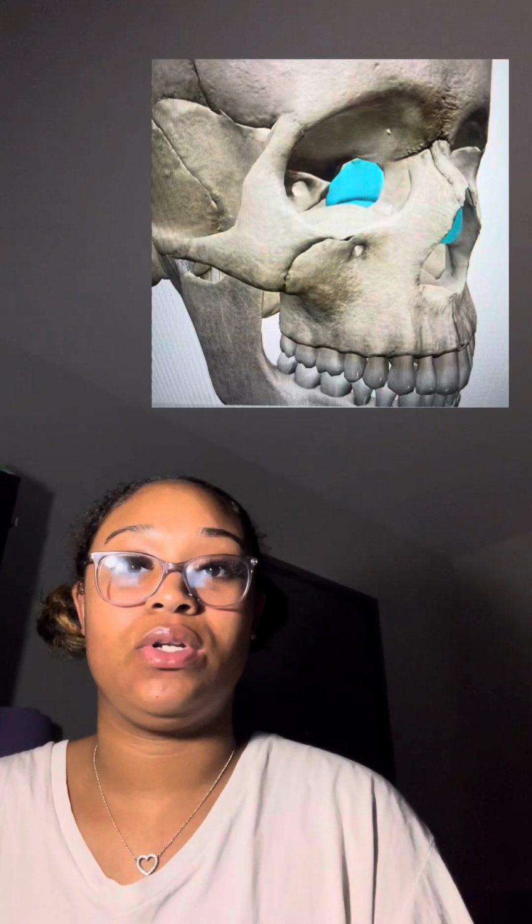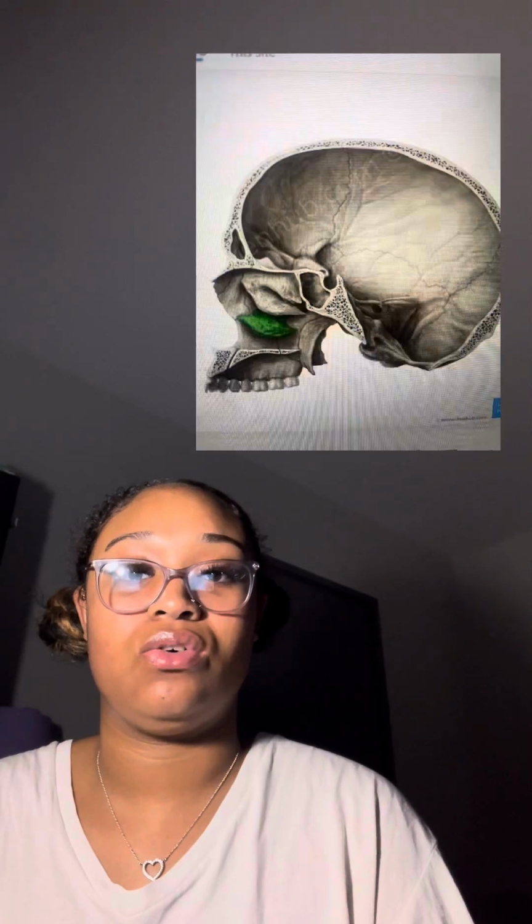I'm Amari. I'm going to be going over the bones of the body for the oral exam, starting off with your frontal bone, your parietal bone, your temporal bone, your occipital bone, your sphenoid bone, your ethmoid bone, your mandible bone, your maxilla, your palatine bone, your nasal bone, your lacrimal bone, your vomer, your inferior nasal, moving down to